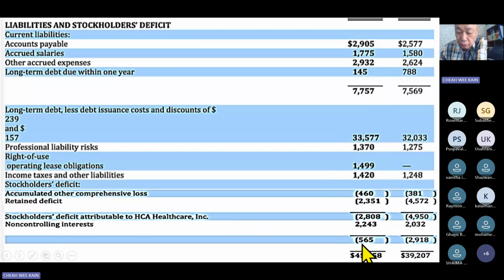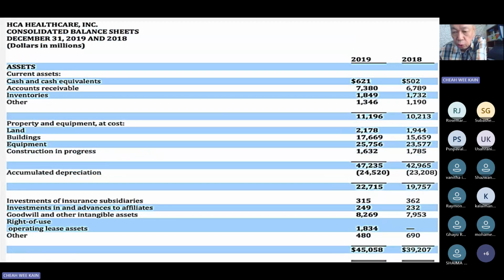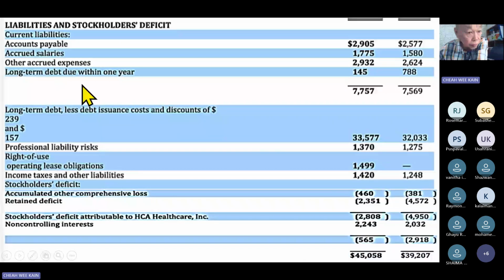So what are we saying? We are saying the total asset of the company is 45. And this 45 is financed, okay, I repeat, this 45 asset is financed by what you owe people: current, long-term, shareholder equity or deficit. That's why it comes to 45. You have to see from that point of view. The company got certain asset, but this asset is financed by liability and shareholder equity.